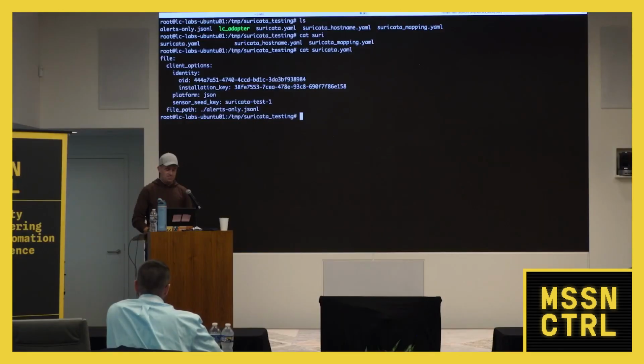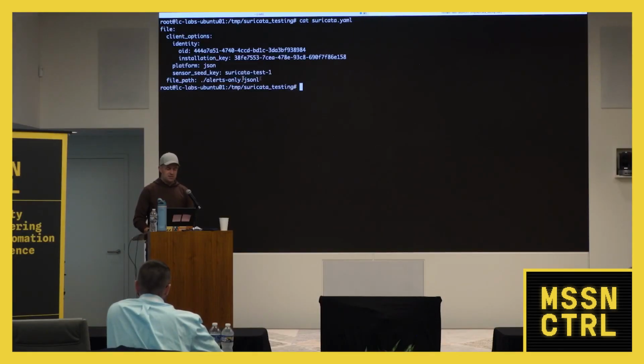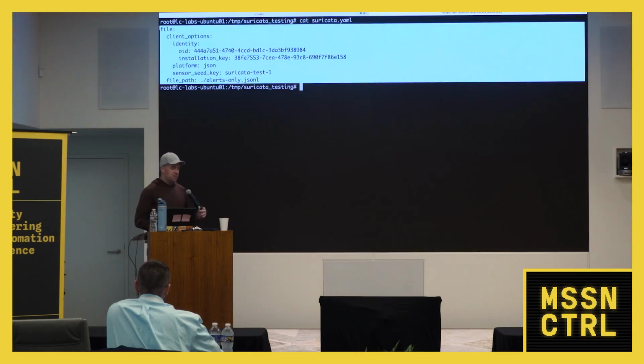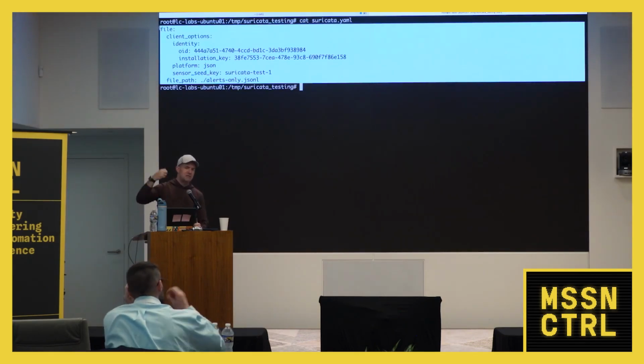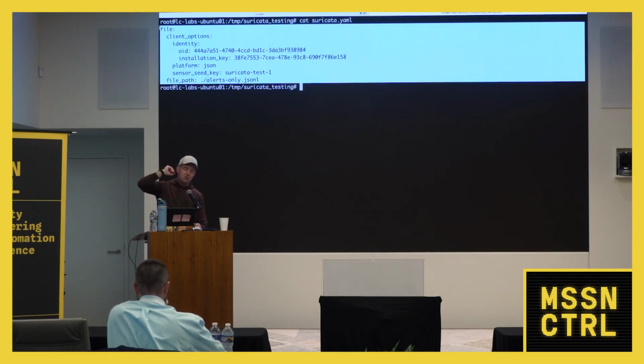On the surface, I've got this one right here. There we go. Let me just back up and do that again to make it easier. Here we go. This is the basic configuration. I've got my identity, which is knocking on the door: "Hey, let me in. Here's my OID. Here's my installation key. I'm sending you JSON data, and here's the file of JSON that comes with it, my